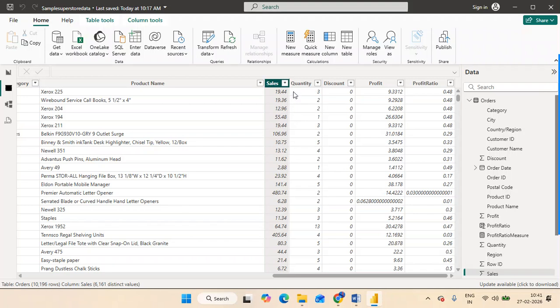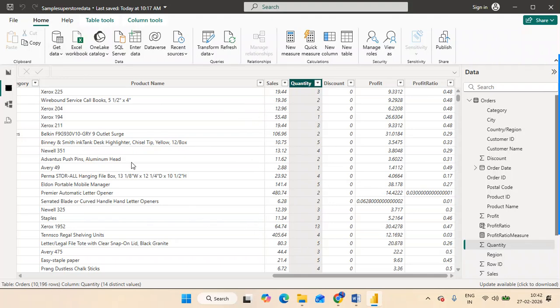SUMX, for example, you want to perform multiplication for these two columns and create a new sales column. For example, you don't have a sales column, only unit price. Let's think of unit price into quantity, that will give you the sales. Actually, those are the basic formulas. In the starting class we have seen the basic formulas, quantity into price equals sales, and profit ratio, all those simple formulas. So just go through the recordings.